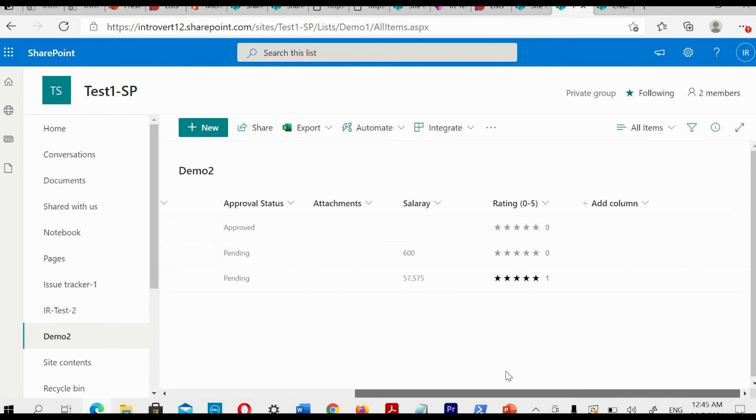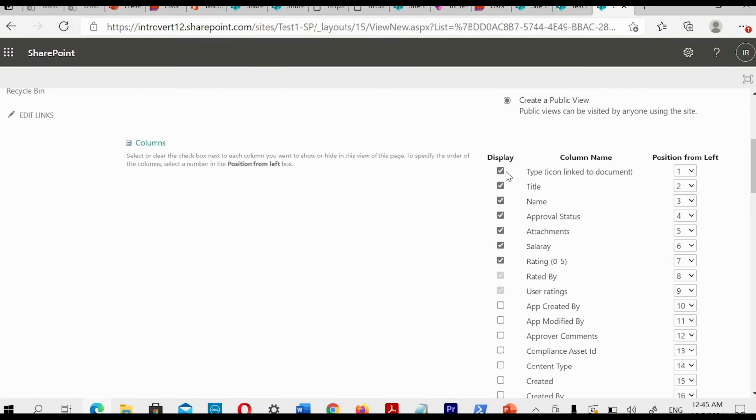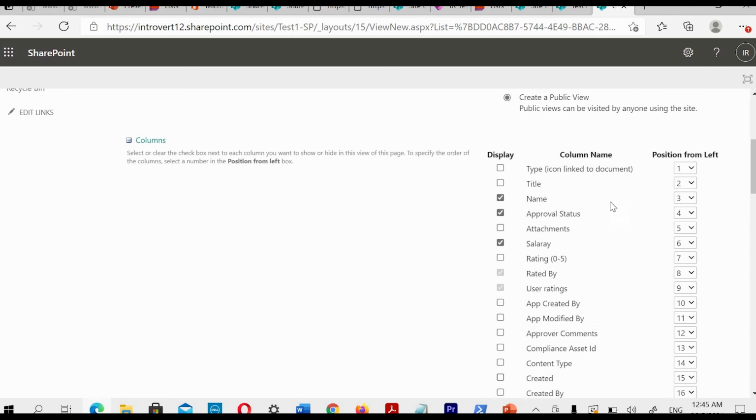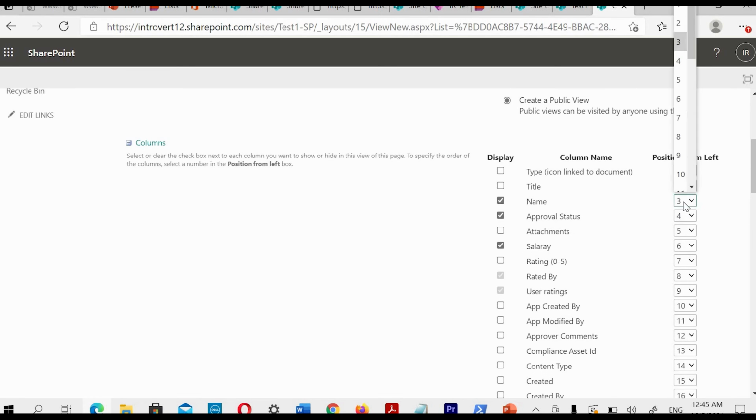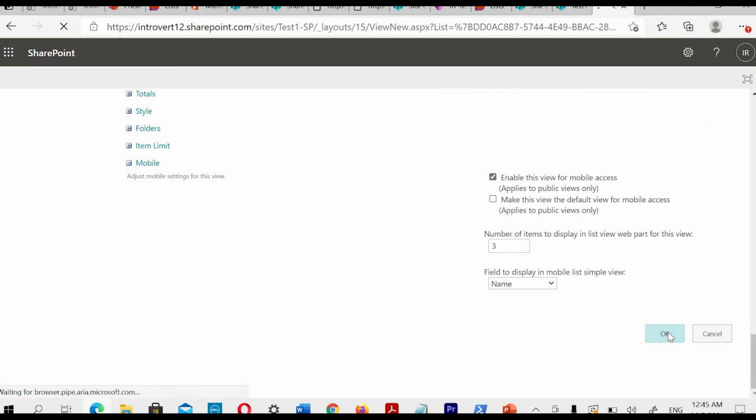Now how many columns you want to show in this view? Currently if you go and see, these many columns are visible in the view, but you don't want users to show all the columns. So you can remove it from here. Suppose I want to show name, approval status, salary and rating. These many columns only I wanted to show, and the sequence would be, this would be my first, this would be my second, and sequence also you can change. So if I click OK,